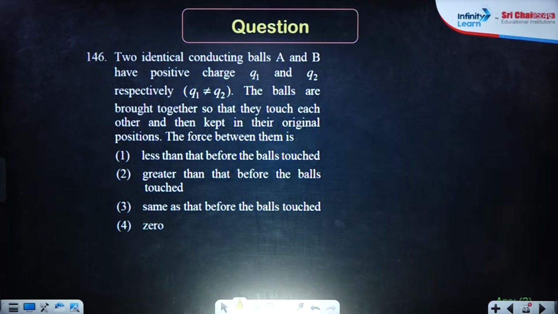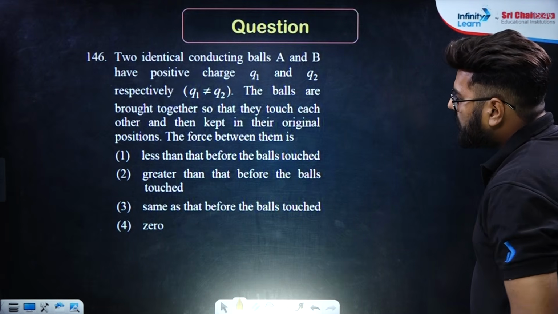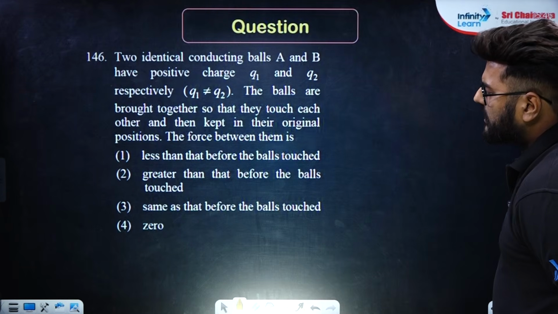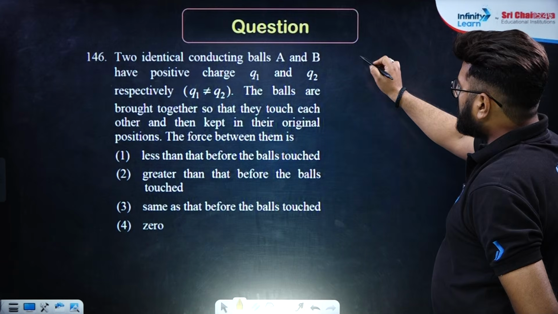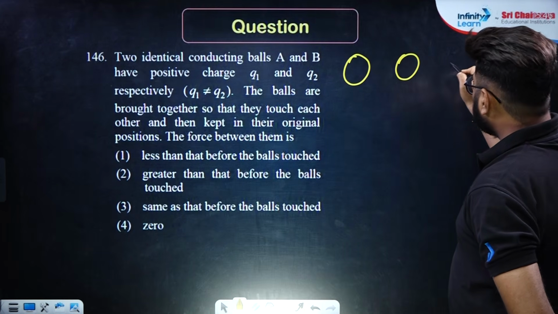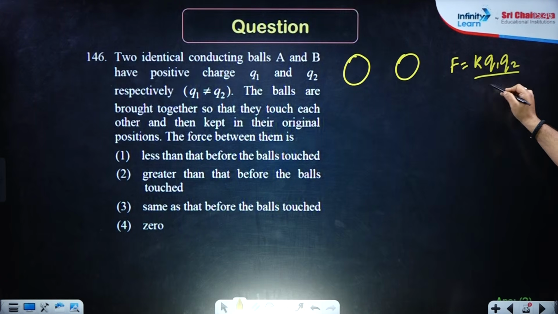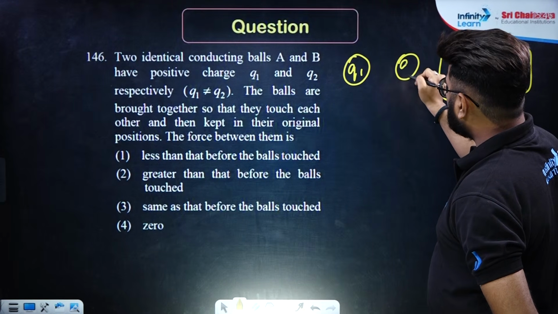Two identical conducting balls A and B have positive charges Q1 and Q2 respectively. Now they are asking, the balls are brought together so that they touch each other and then kept in their original position. The force between them is. So when the two balls are kept, the force is K Q1 Q2 whole divided by R square. Perfect. And then when they are kept in contact with each other,